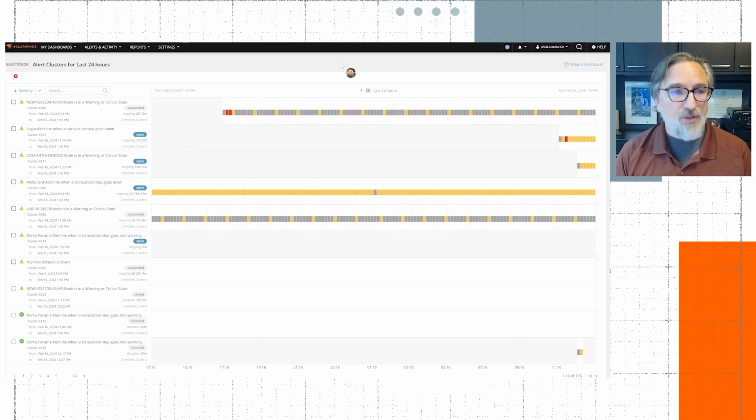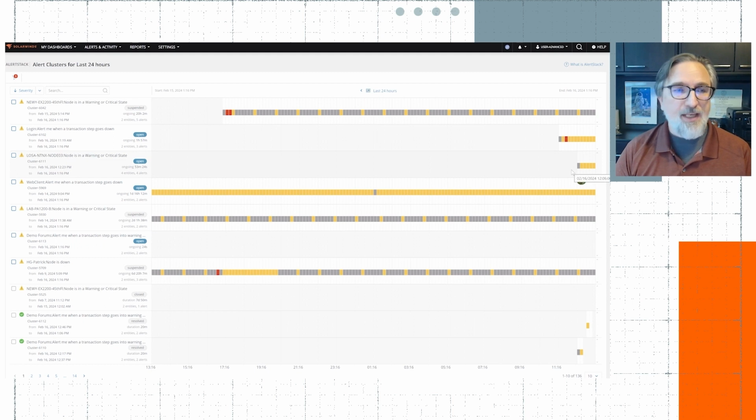So what AlertStack is, is basically correlation. It's looking at all the alerts that you've already defined, all the work that you've already put into building up your alerts. And it is using the information that you've defined, the relationships, or the ones that we've created automatically, to put these alerts together into clusters. Again, it's correlation, not causation, but it has the ability to pull all of that information that you would normally do yourself. An alert would come in and you would look at that entity and the related entities, and which ones were having alerts, and do all of that work manually. We're doing all that automatically now.